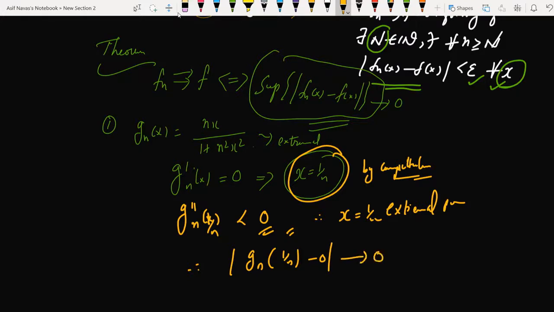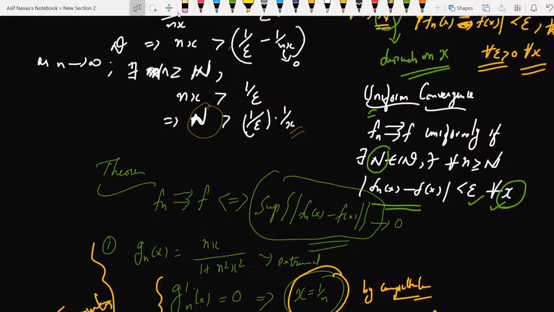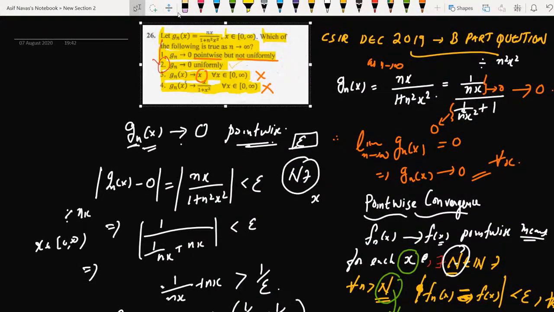If this goes to 0, then it is uniformly convergent, but it doesn't go to 0; you can check this goes to 1 by 2. So to do this problem this way, it will take more than 15 minutes because the calculation is very large. But if we use the usual technique, this will be